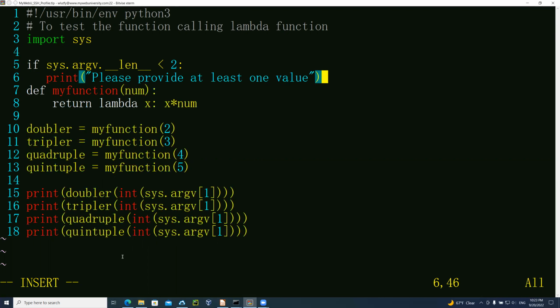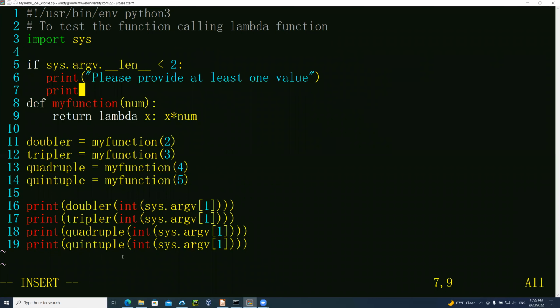So you could even say, for example, print, and you could help the user by saying the name of the program, in this case my.py. You could even call it, for example, the name of the program. If we just say sys.argv sub 0, that would automatically know the name of the program, and then we're going to say the value